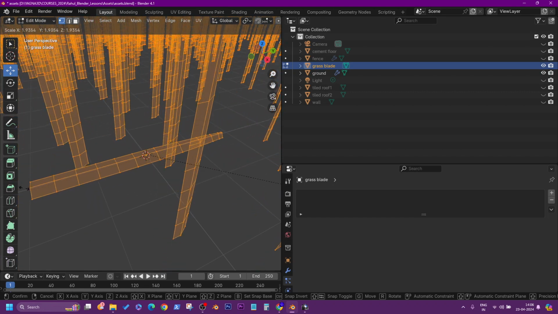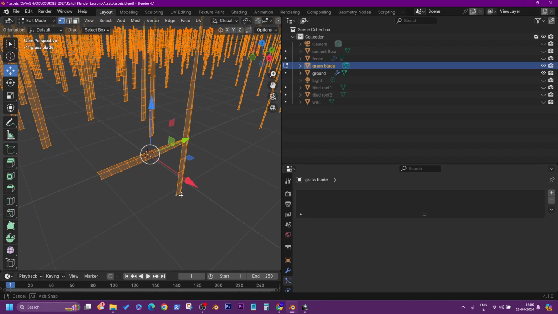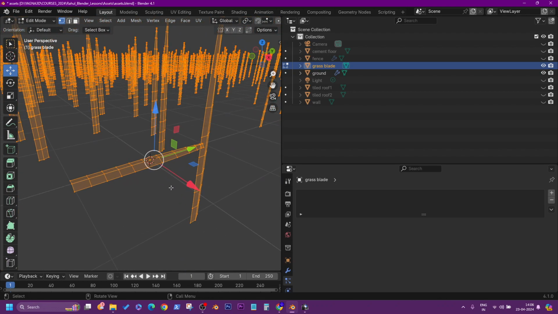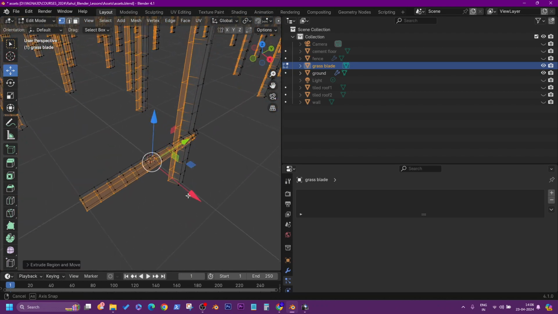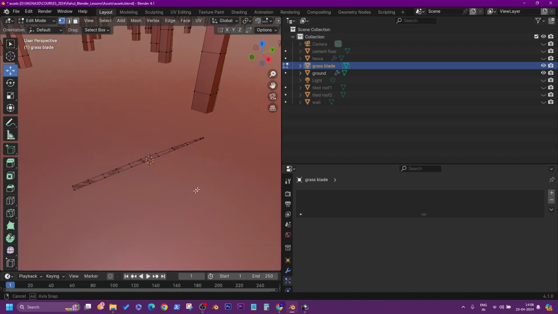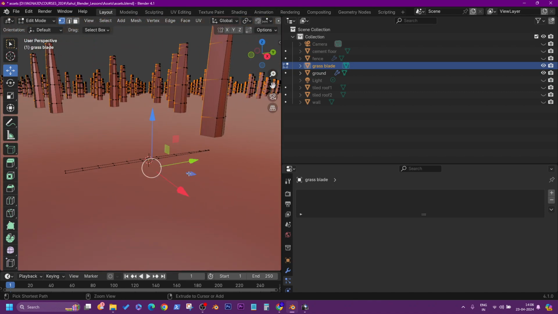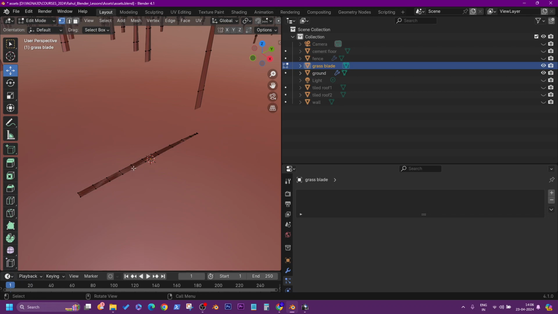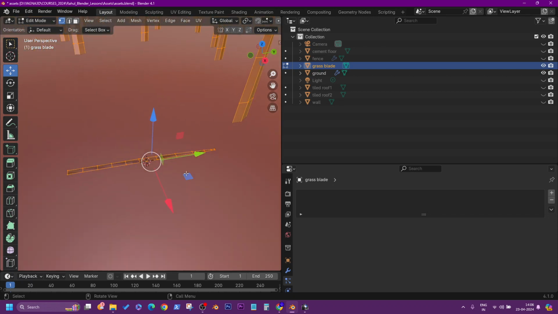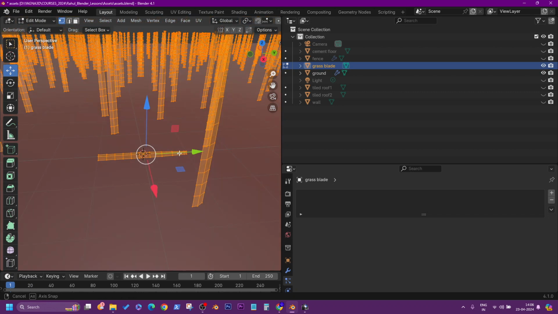So if you want a fat grass, or if you want to change it, like if I extrude this one, that also will get extruded. See, like this. Yeah, it becomes solid. Right. So what I really want to do is, I want this guy